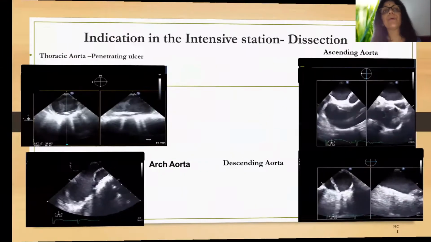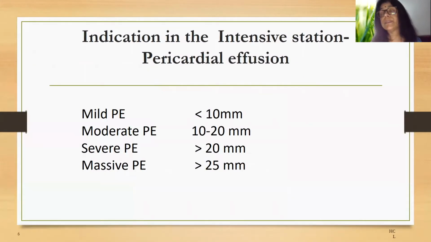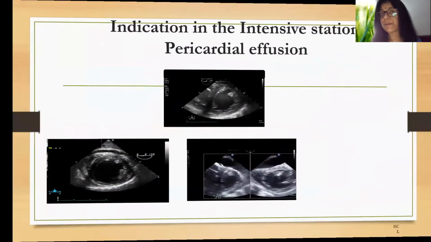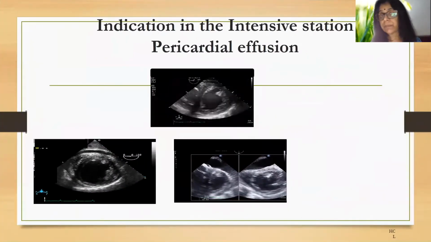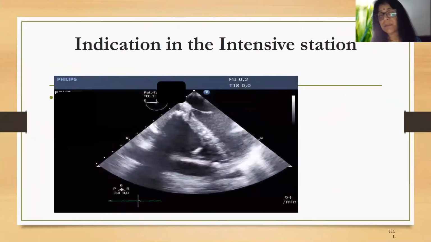So once we talk about dissection, dissection can be either because of a penetrating ulcer in the thoracic aorta. Dissection can be in the descending, ascending aorta, arch of aorta. Mostly we see pericardial effusions, which can be mild PE, which is less than 10 millimeters, to massive PE, which is more than 25 millimeters. And they look something like this, a mild one, reaching to a severe, where you see that the RV is